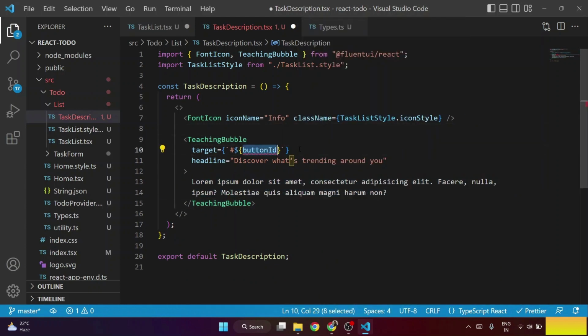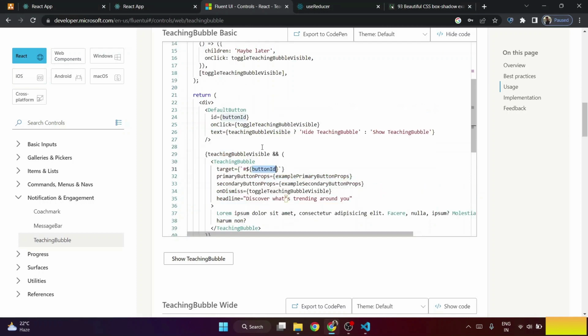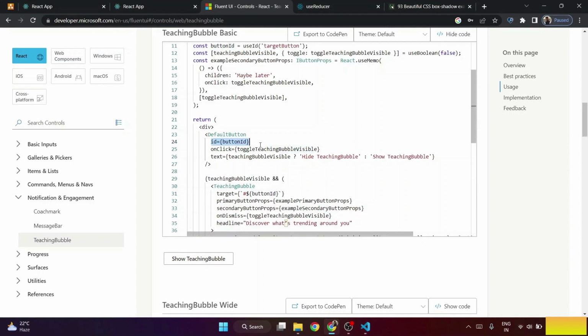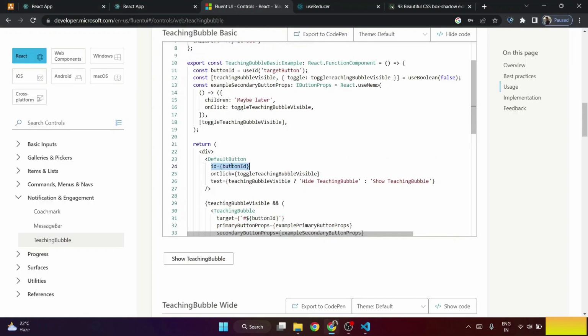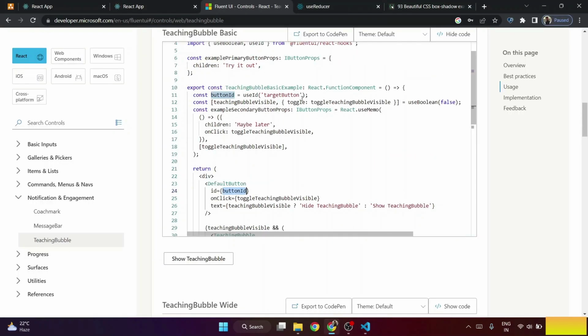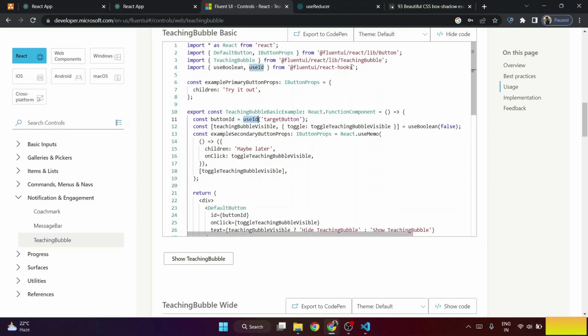Okay, and button ID we need. Let's check what is button ID. So button ID we need to provide to the element on which we are going to show the teaching bubble. Okay, so we need to add button ID also to the font icon. Okay, and how we can create button ID is we need to use useId from React hooks. Okay, fine. So let me use it